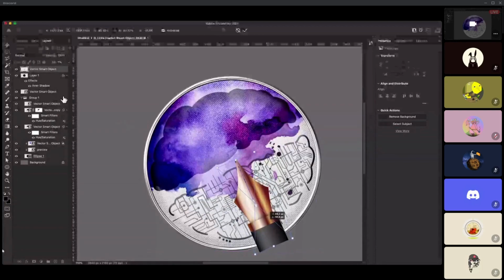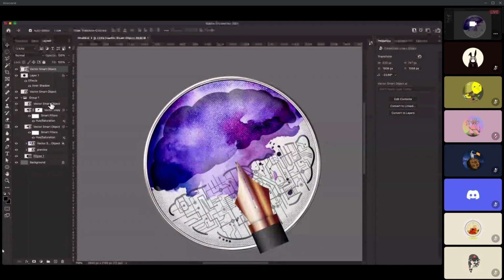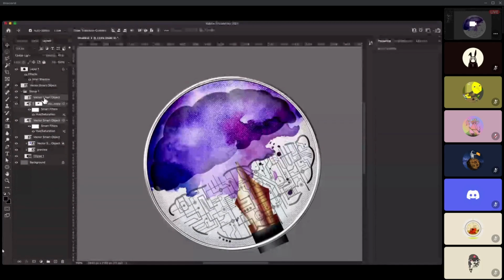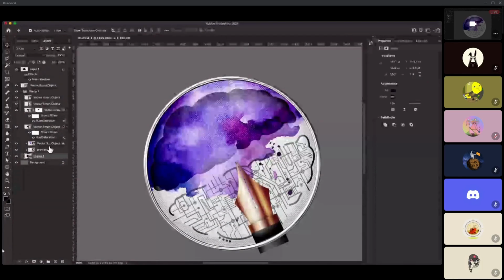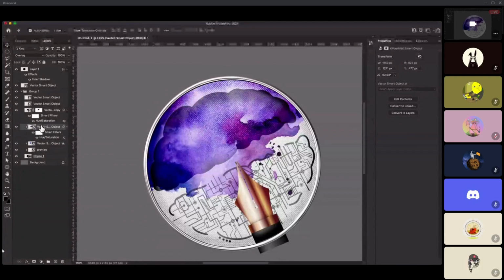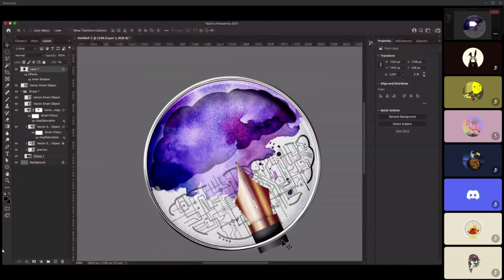Like so. And this should be inside the group, inside the mask area, and these layers should be behind, so it doesn't get outside. As you can see, there's a little part coming out. That is what I need to hide.